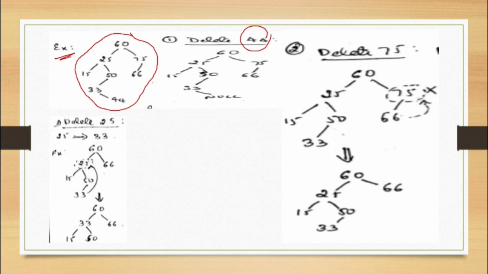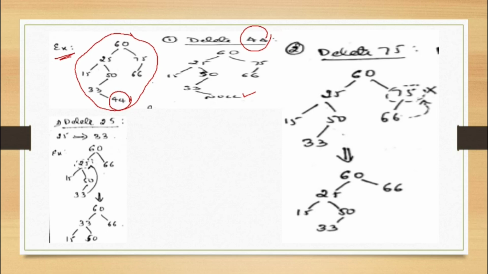You always have to look at the previous step, the already done step, in order to understand what exactly is deleted and what to do. So if 44 has no children, you simply delete 44, and whoever is the parent of 44, that is 33 in this case, you simply make its right link null. Because 33's right link must point somewhere, it will point to null. Once that is done, now your updated tree is this.